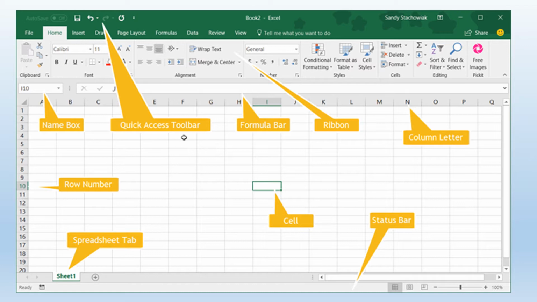As we all know, the Microsoft product contains the ribbon, the column letters and the row numbers, and you can have more than one sheet per application. So we are in Sheet 1 now. If you see the bottom part, you can see a small cross. Clicking on that, you can add several sheets to your book.